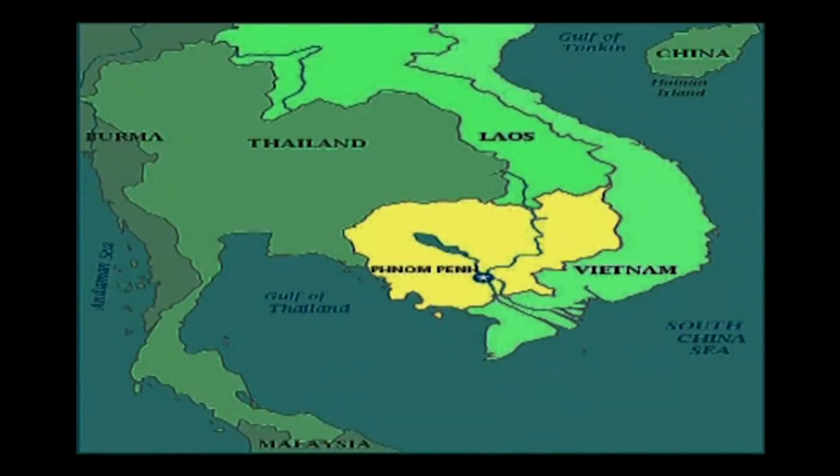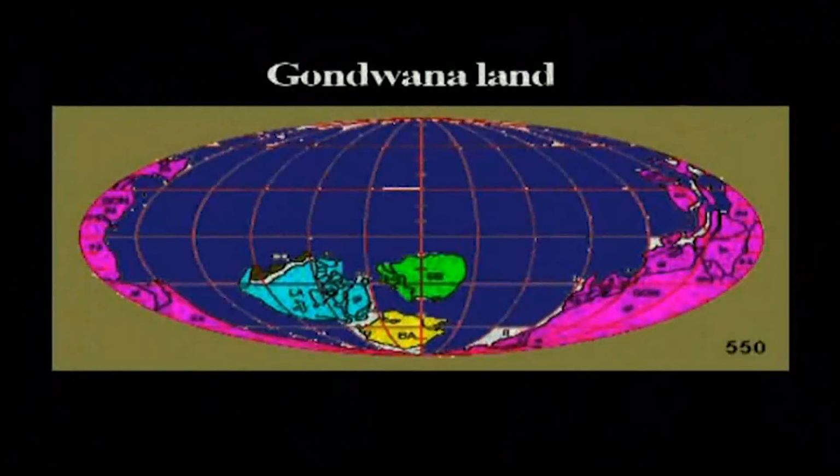The global ocean of Merovia, an ancient ocean that surrounded Rodinia, started to shrink because of the Pan-African Ocean and Panthalassa were expanding. The South China Sea opened as Borneo moved away from China. Also, Japan separated from the mainland, but it is not yet clear whether this was related to the collision of India and Eurasia. This diagram shows the location of Gondwana land roughly about 550 million years ago.